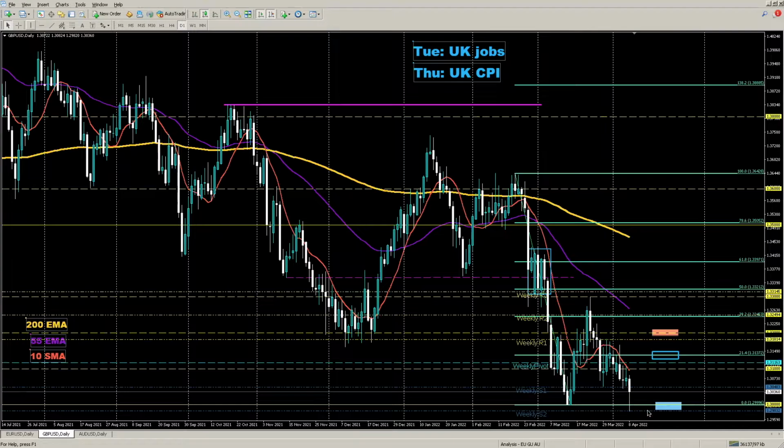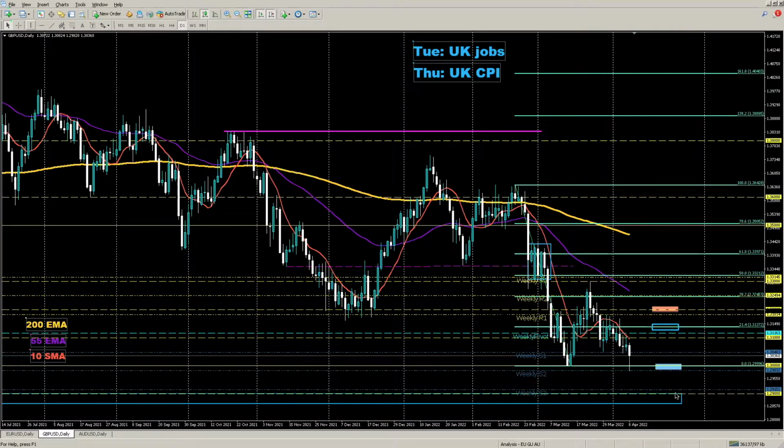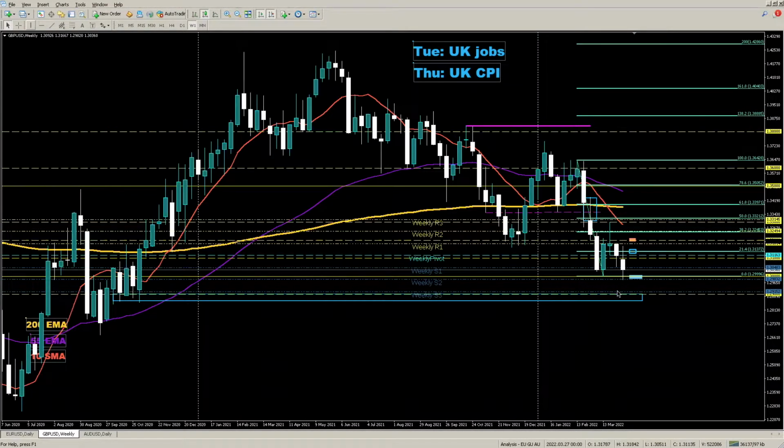And if it does dip even lower, there is the next key round figure zone. That's 129 here. Let's go to the weekly time frame. There's a whole area of support down here. Let's take a look at this weekly time frame, and it's a long wick spinning top for last week,